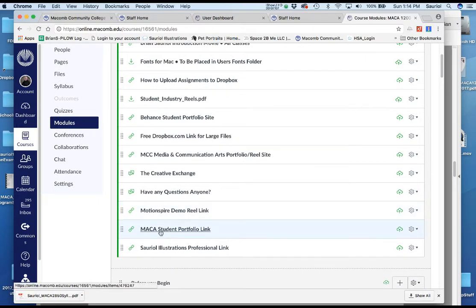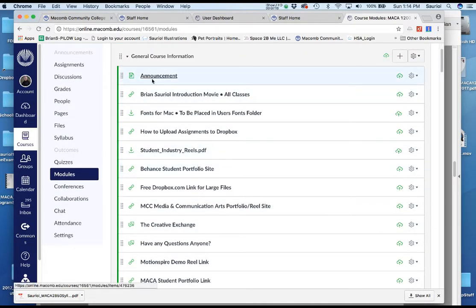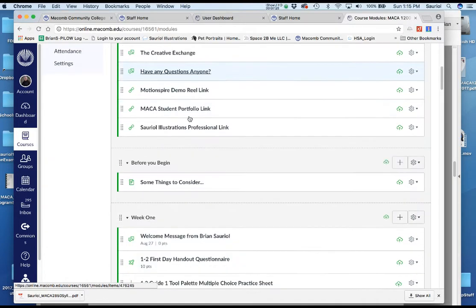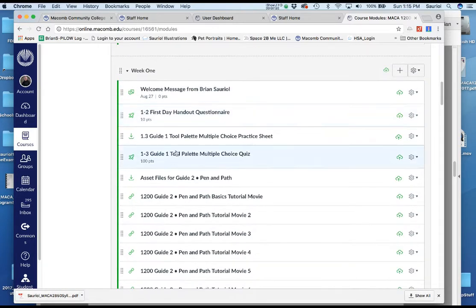The MotionSpire link, the MACA student portfolio link, my professional link, and different things, my initial announcement to you, my introduction movie, again, I put it in here. Some of the fonts, if you have a Mac, that you can put into the machine are here for some of the assignments.